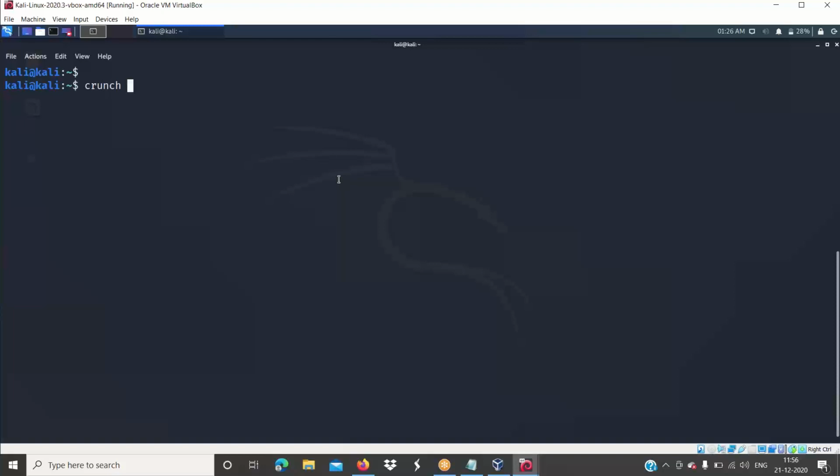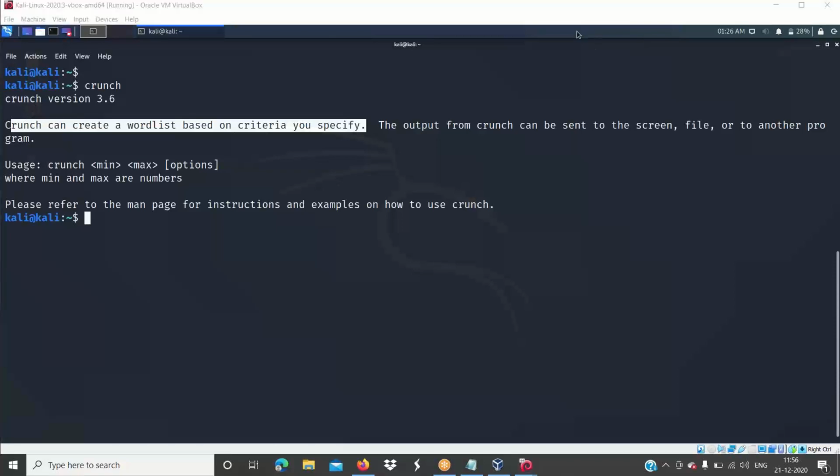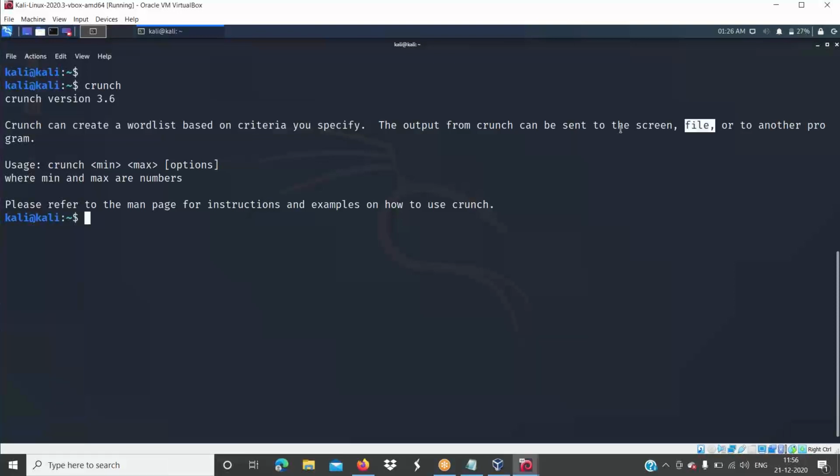It's pre-installed in every Kali Linux operating system, and once you hit enter, it tells you that Crunch can create a word list based upon criteria you specify. The output from Crunch can be sent to the screen, a file, or another program. And how do we use it? Here is the usage.